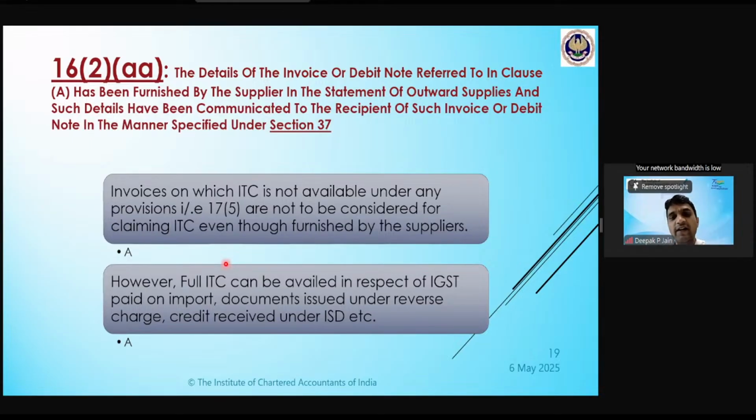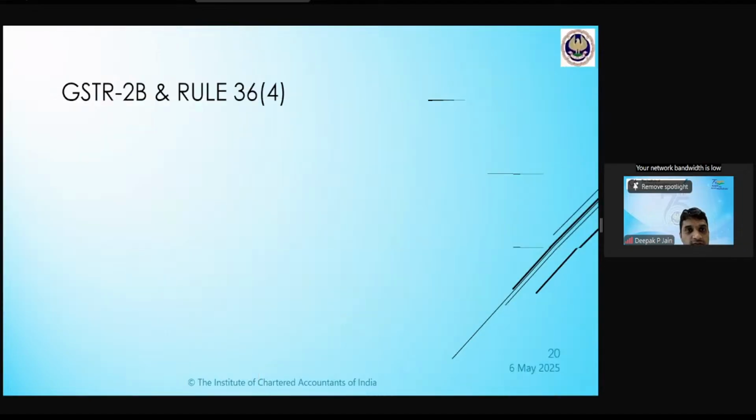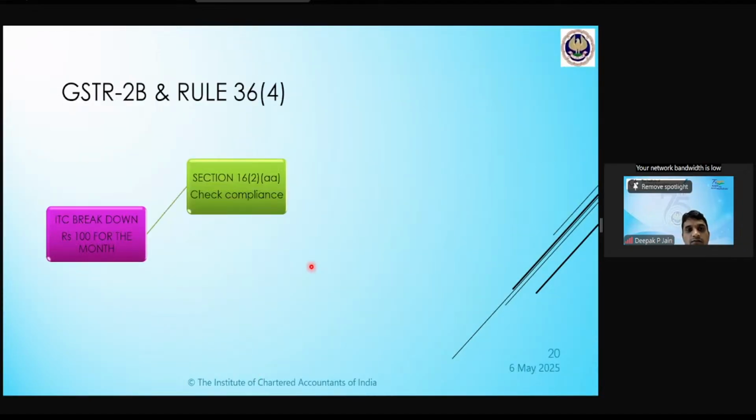When the supplier files GSTR 1, it will appear in the GSTR 2B. But GSTR 2B is just one of the conditions. For you to get it in your electronic credit ledger, you have to file your GSTR 3B. Once you file your 3B, it will appear in your electronic credit ledger. Okay. So if you understand this ITC breakdown of ₹100 for the month,